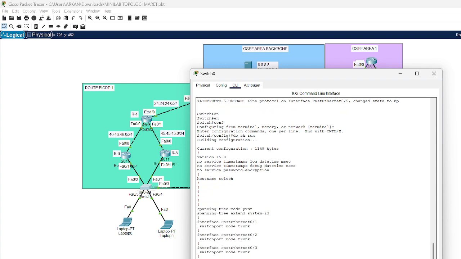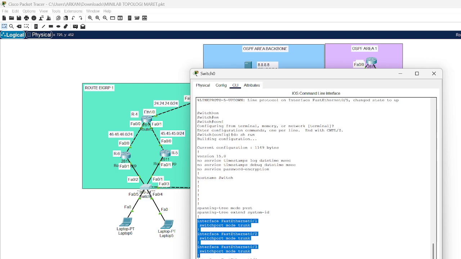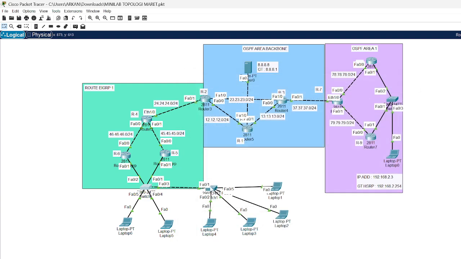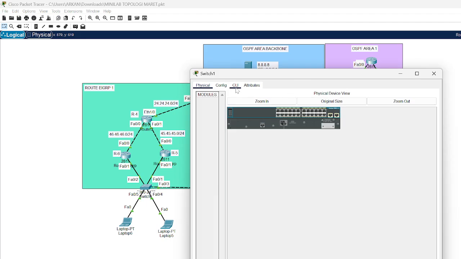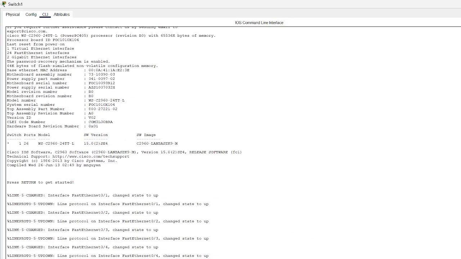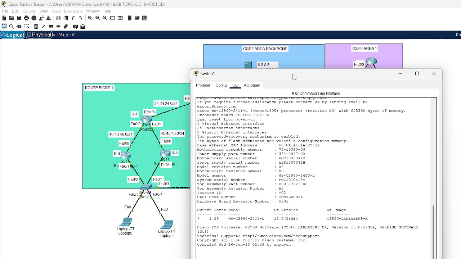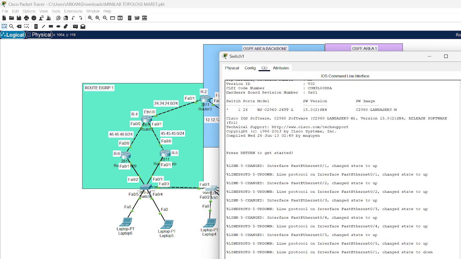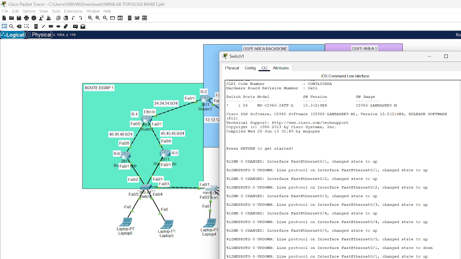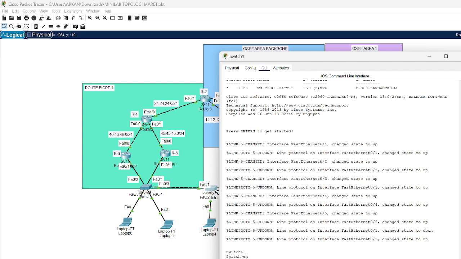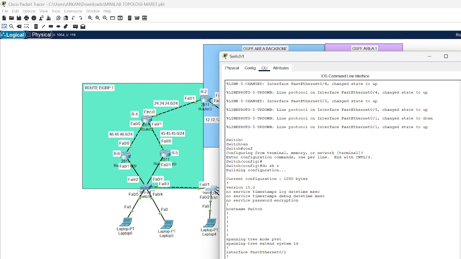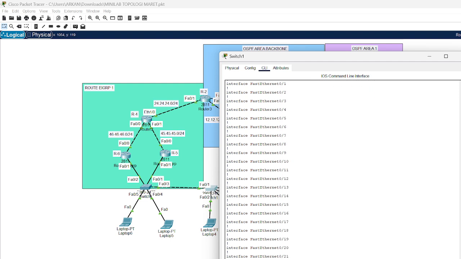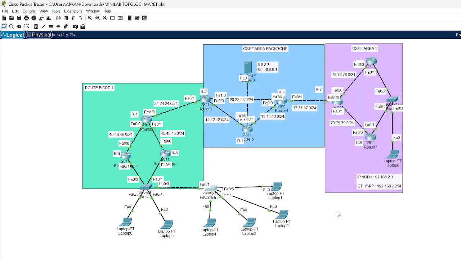All is only mode trunk in the switch, same like this switch, only in interface FA0/1. Only mode trunk, guys.